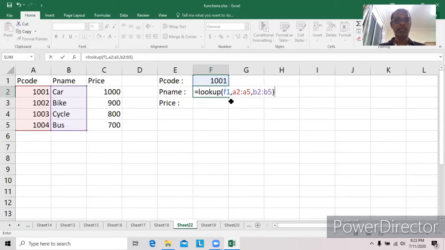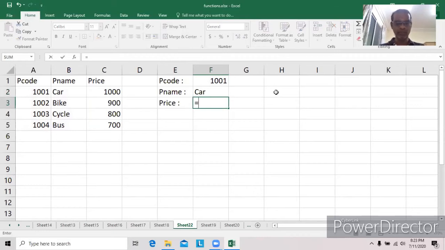That means it searches for F1, that is 1001, in the leftmost column, A2 to A5. If the exact match is found, then from the same row, the value in the given result column, B2 colon B5, will be displayed.